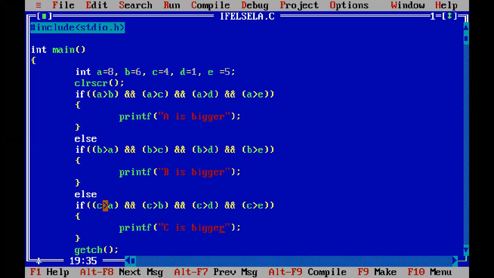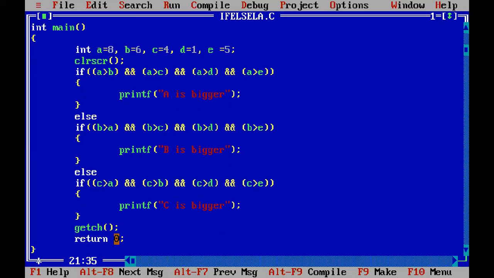Anyways, for C also I have given the condition. So if all of these are found to be true, then C will be the bigger. Then again, else. Now we will check for D. The same thing has to be done for D also.